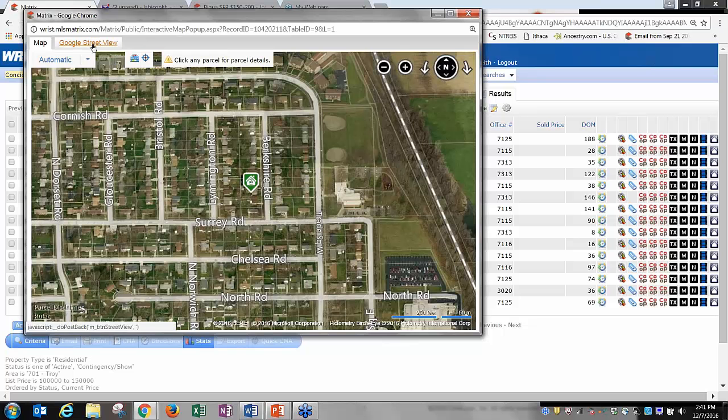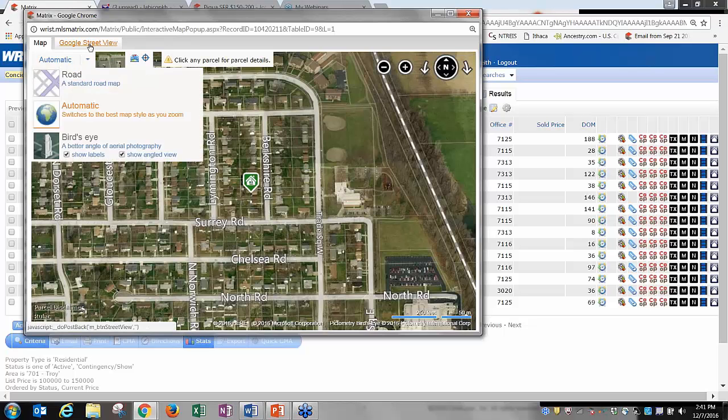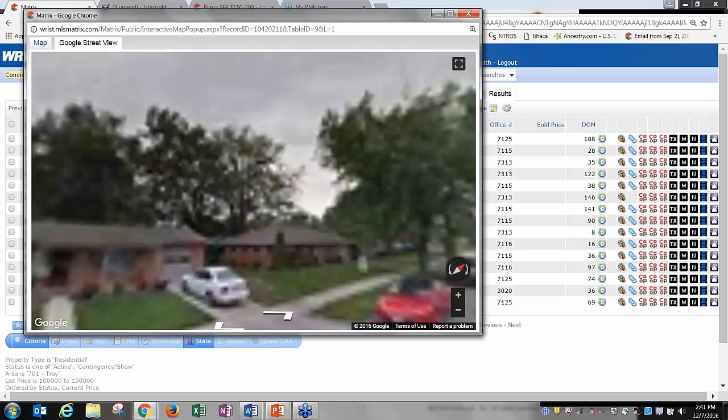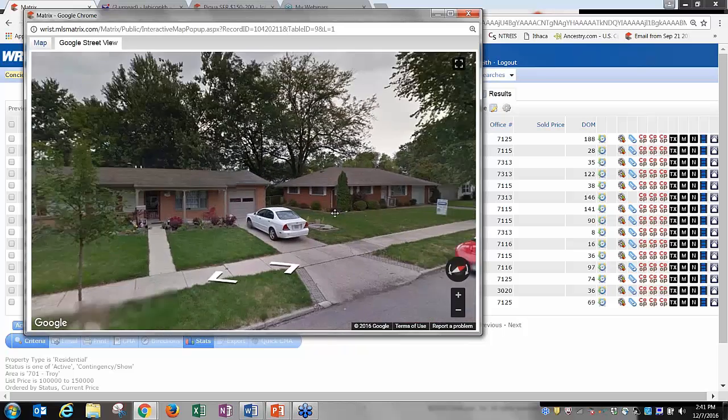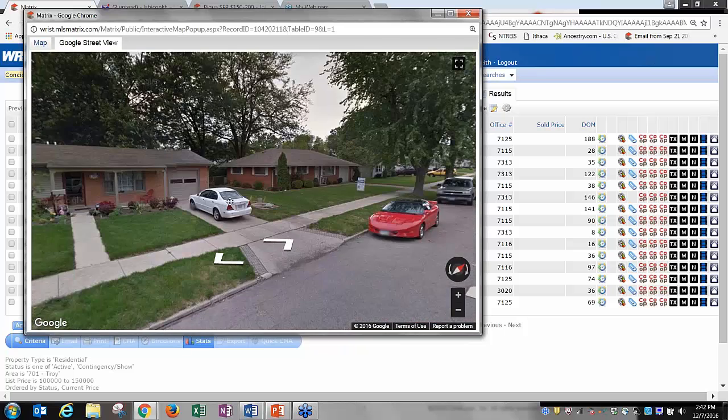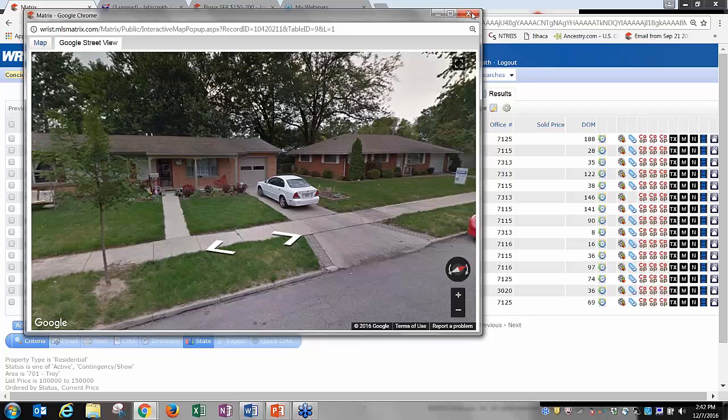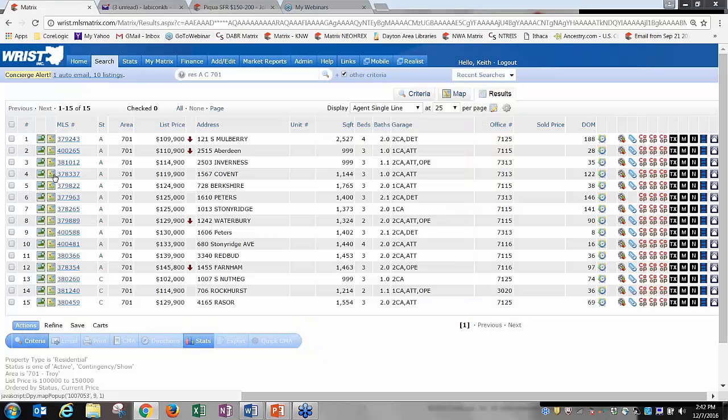What you can do, I don't know if you noticed this yet, if Google has been on this street and did a street view, you can click on Google Street View here, and get the listing view here and see the listing on the street view. If this is my listing, I forget which one I clicked on. Let's do Berkshire here. If Berkshire is my listing and I open up the map